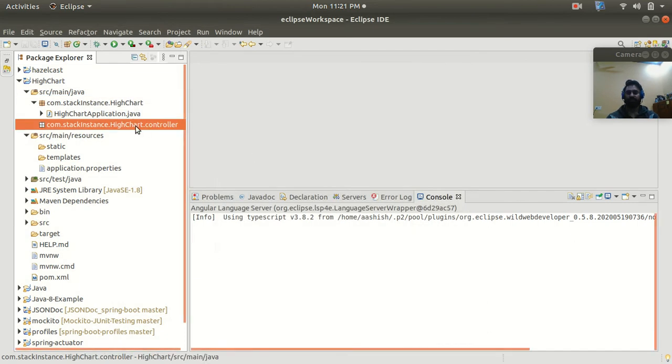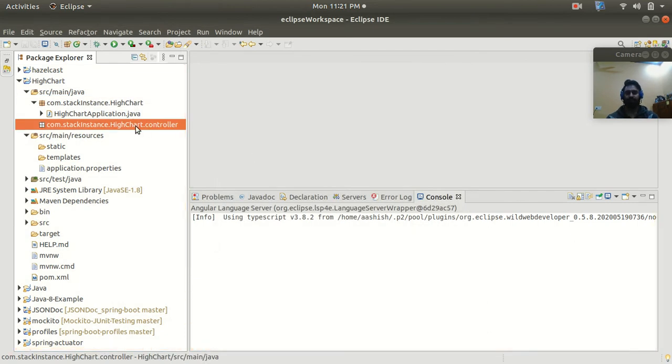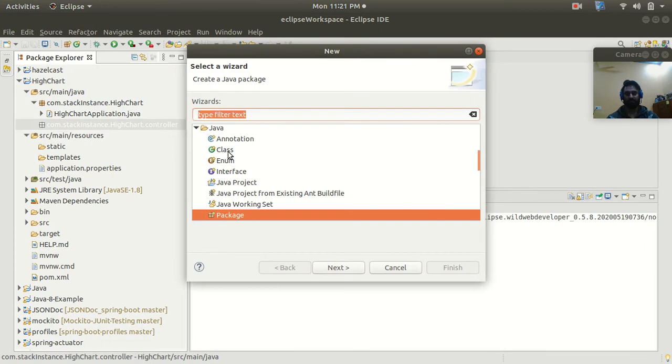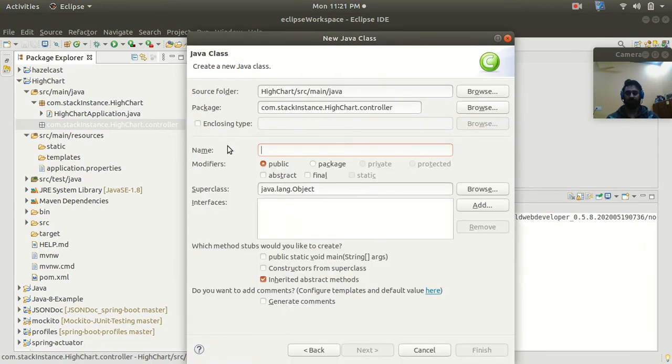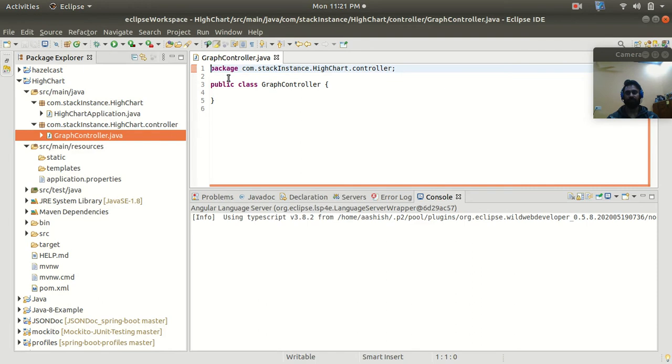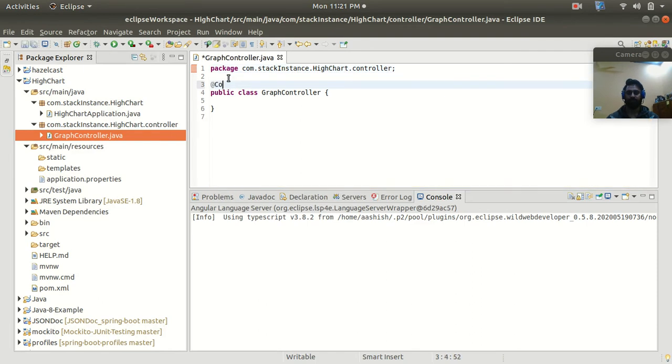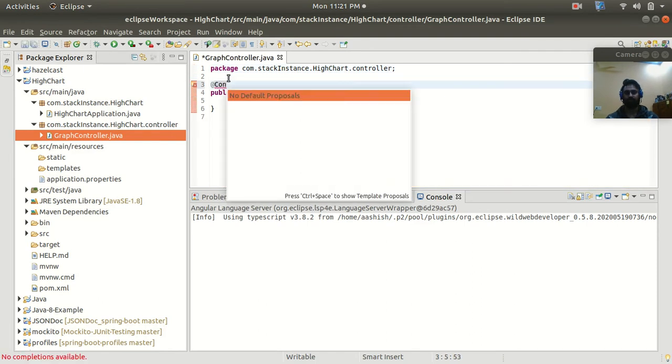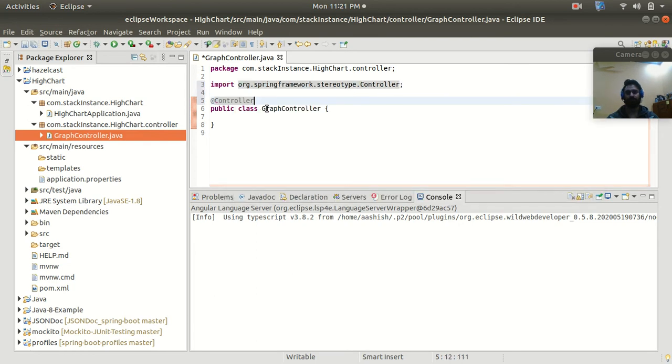So inside the controller, I am going to create one controller class. Let's say with the name GraphController. So this will be the controller. So let's mark this with the Controller annotation, right.